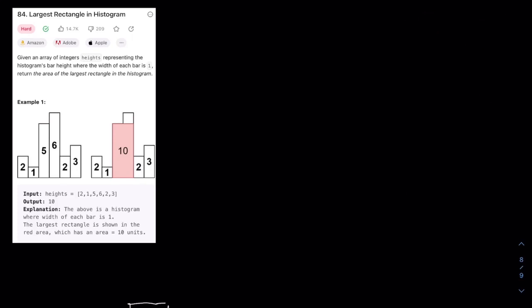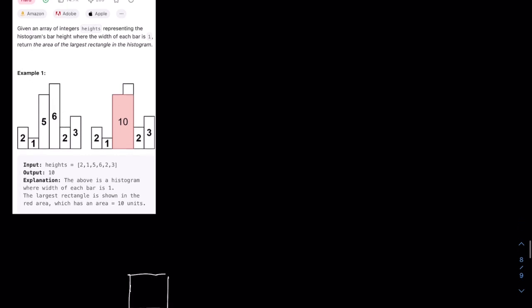Right, I'm just going to give a quick solution guide for how to do LeetCode 84, largest rectangle in histogram. Given an array of integers heights representing the histogram's bar height where the width of each bar is 1, return the area of the largest rectangle in the histogram. So the way a lot of people sort of approach this problem, myself included, is